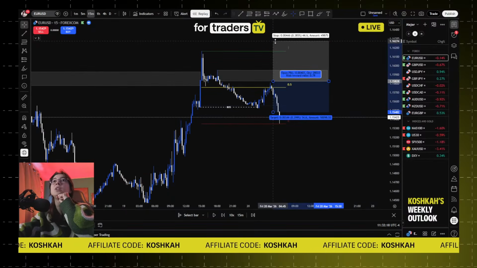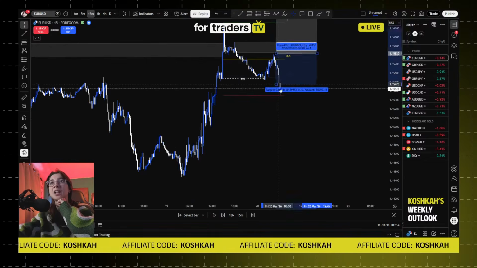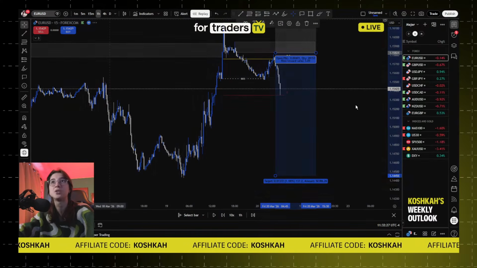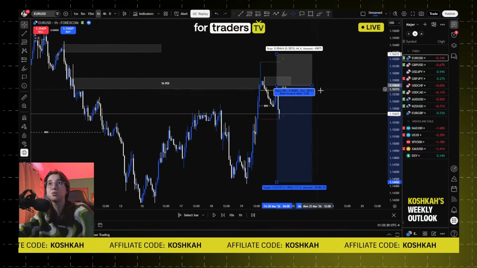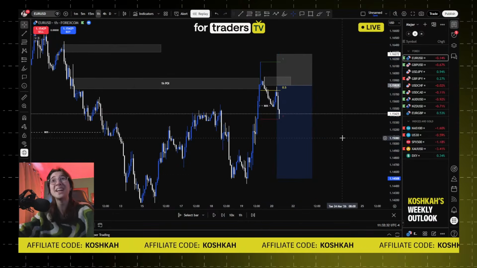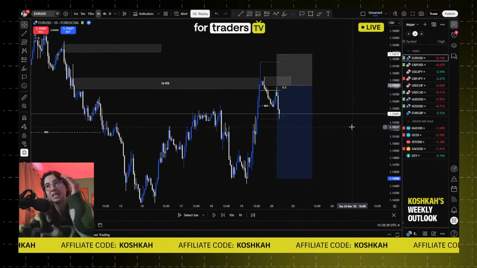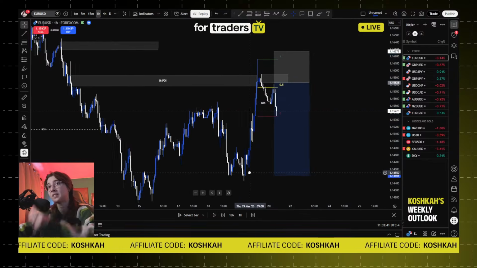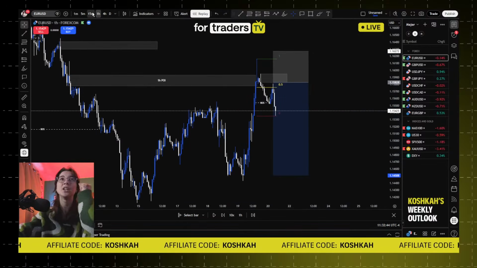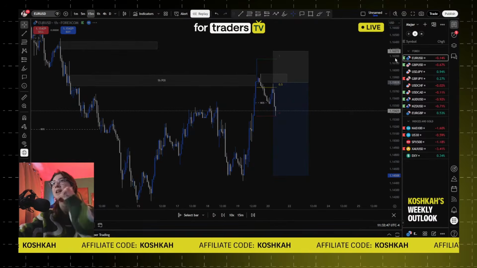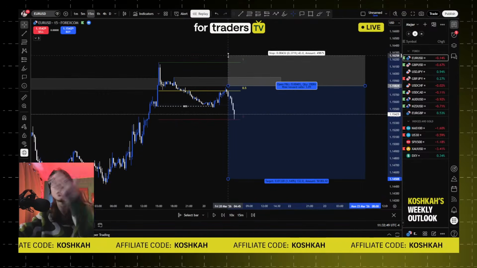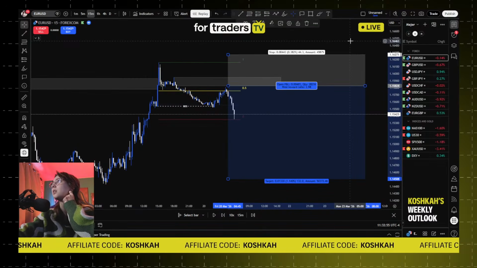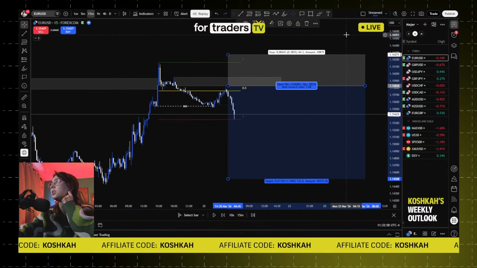In this case, if we enter right here, the stop loss would be above the high, and the take profit final, like we saw, technically would be right here at the hourly low. You see already that the risk to reward ratio is only 1 to 3, even less than 1 to 3. So what happens in this case? If the risk to reward ratio is less than 1 to 4 at the take profit final that we identified at this hourly low, you cannot take this trade. If you take this trade, again, you're not securing your risk according to the results with the win rate of the strategy.